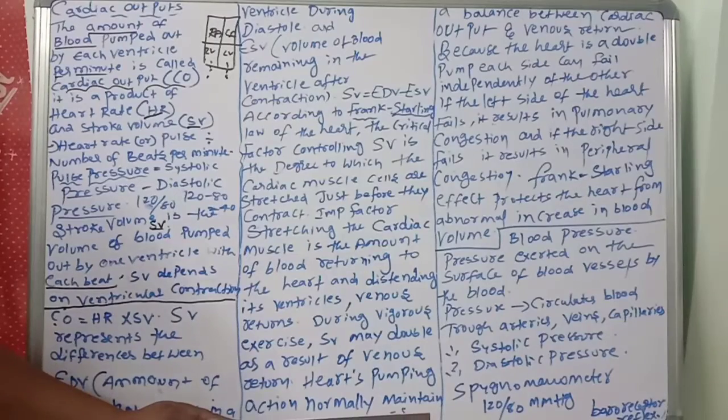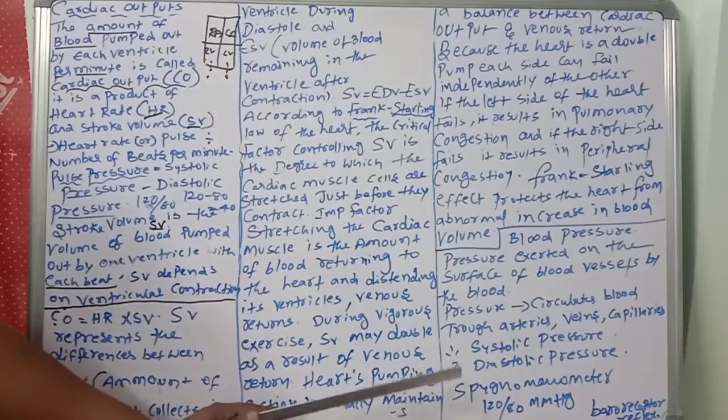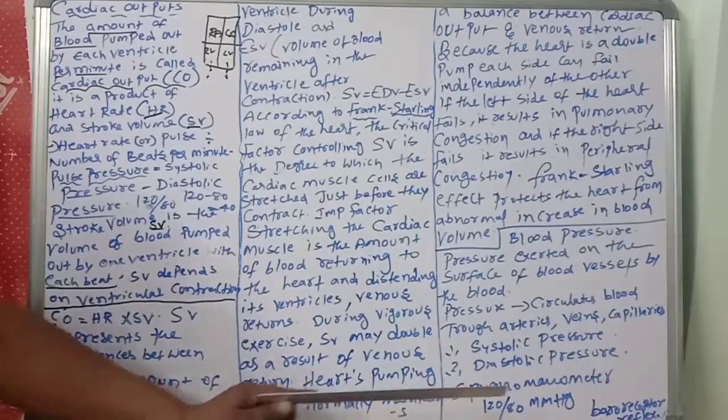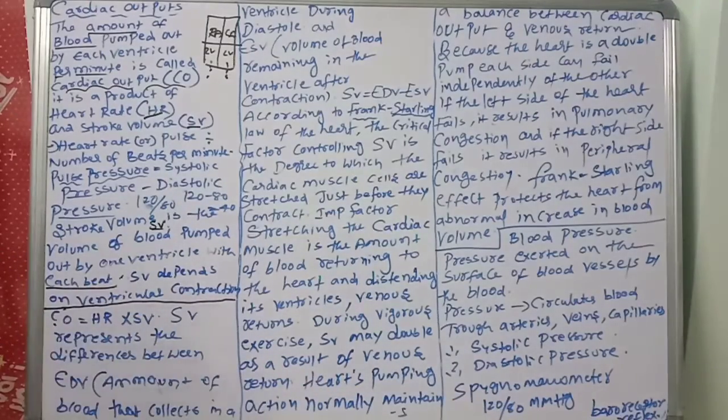The primary reflex pathway for homeostatic control of mean arterial pressure is, what is that one? The baroreceptor reflex. Remember that one. So it controls the pressure in the arteries. What is the baroreceptor reflex? Tomorrow it will be discussed. Once again, listen very carefully, children. These points are a must.